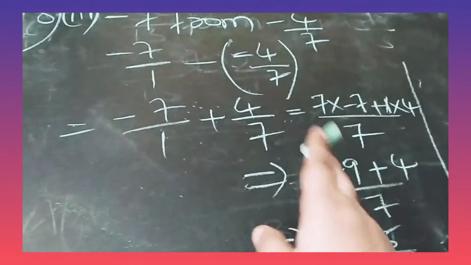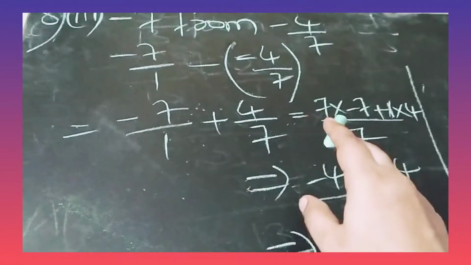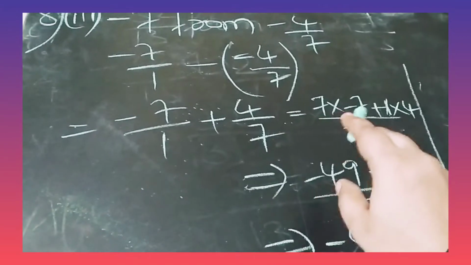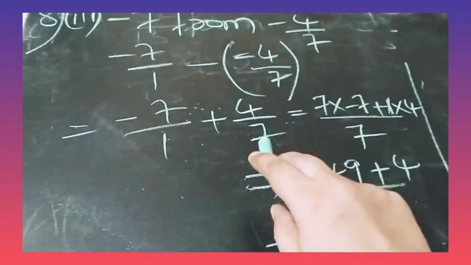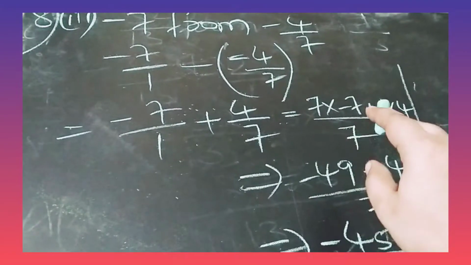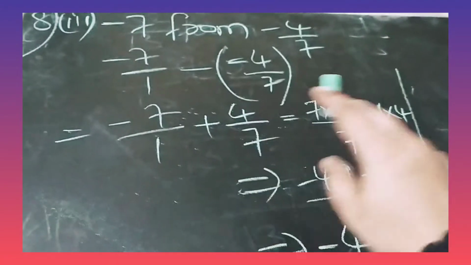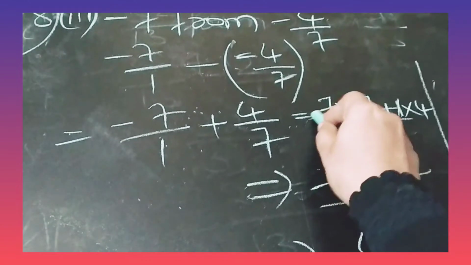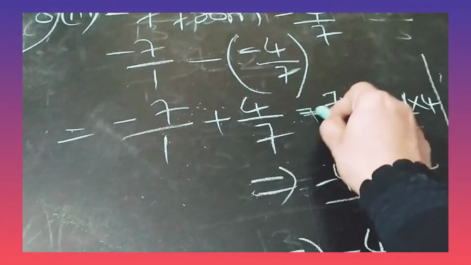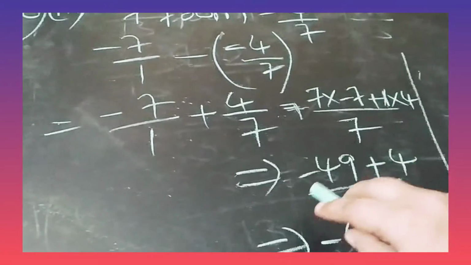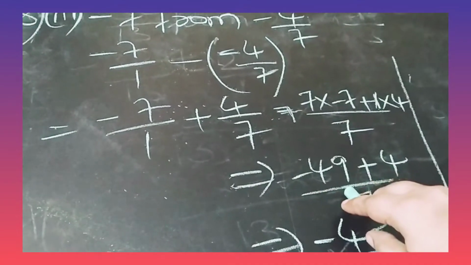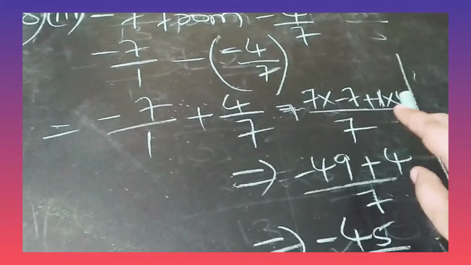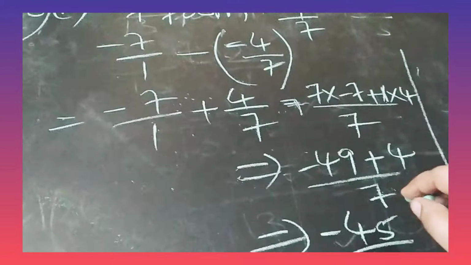How many times this 7 goes in one table? It goes 7 times. 7 into, again this numerator you have to write here minus 7 plus, how many times this 7 goes in 7 table? It goes one time. 1 into this 4 you have to write here. 7 sevens are 49. Here plus is there now. Plus into minus is, here plus is there. Plus into minus is minus. Minus 49. Okay, 4 ones are 4 by 7.